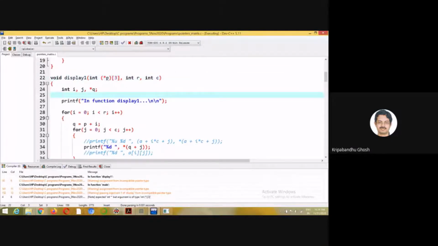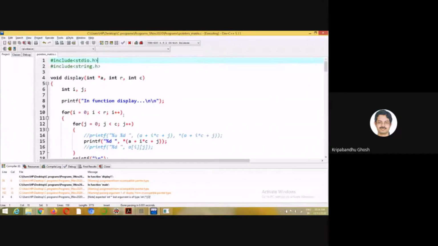So this is a pointer to an array of 3 integers, but a big disadvantage of this notation is that you need to know that the number of columns in the matrix is 3. That is not going to happen in general, so it is better to use this. This is much more generic.